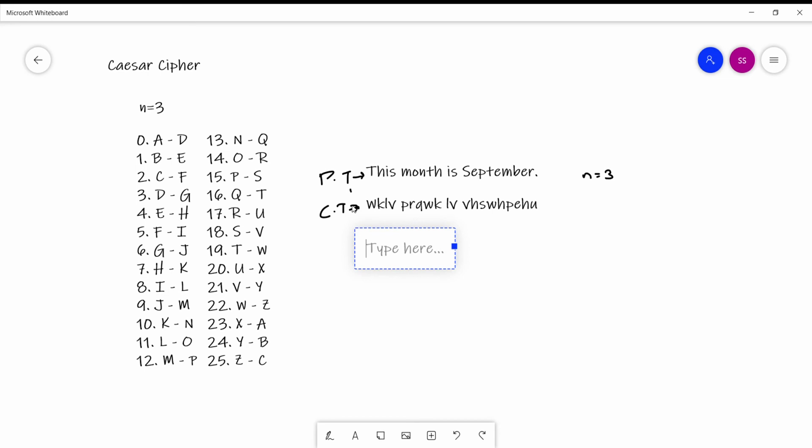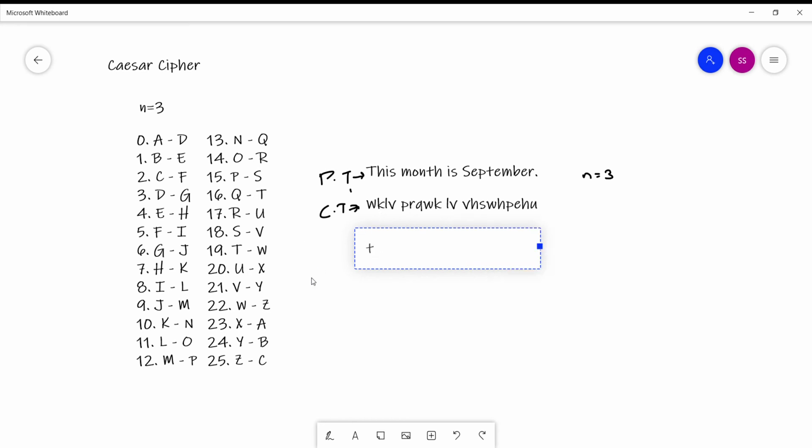Now when decrypting this ciphertext to plain text, we have to see what was the alphabet that was encrypted to W. So we have to look in the right part of the table, match the alphabet from the ciphertext, and get the alphabet from the left part of the table, to see for what ciphertext, what plaintext this W came. So here W came for T. So here I will write T.